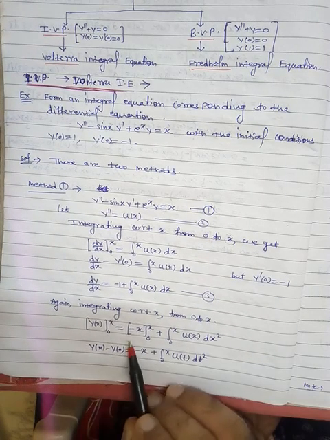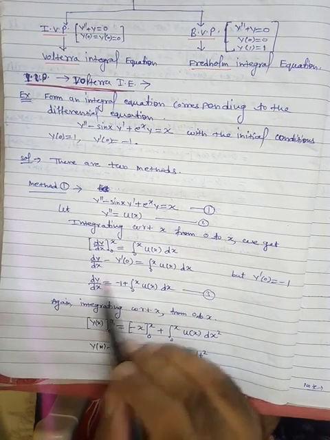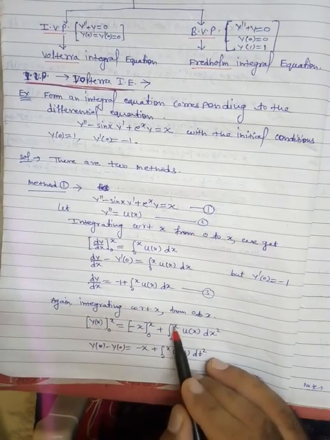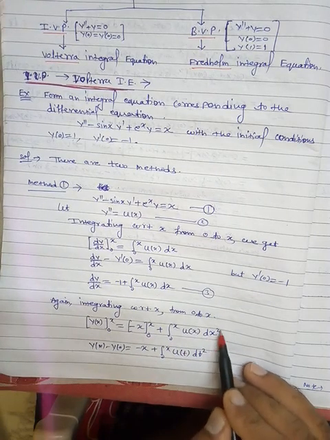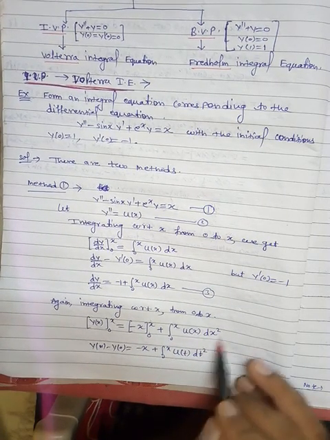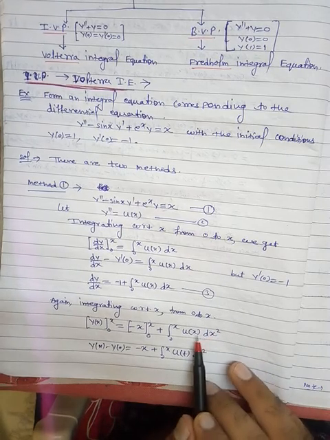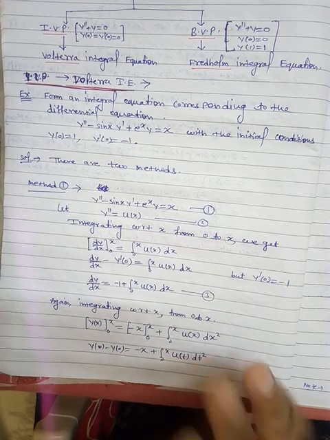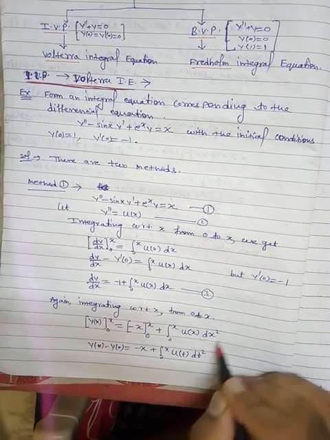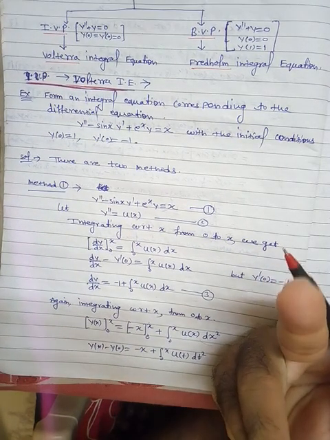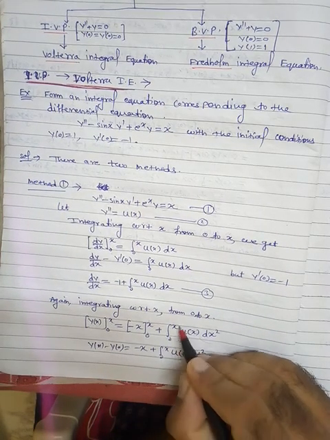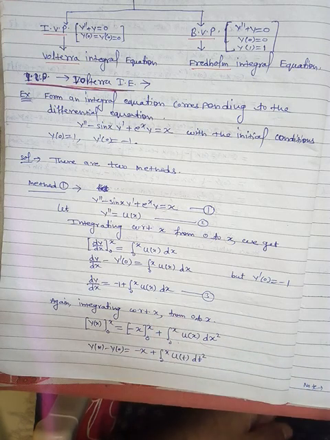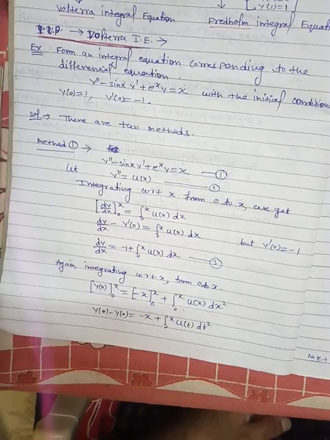So we are getting this. Again when you integrate, we get y(x) from 0 to x is equal to minus 1 becomes minus x from 0 to x, plus the integral 0 to x of u(x), and the second derivative. Here is the second order integral. So here I am not writing 0 to x, 0 to x. The 0 to x with dx squared means we are integrating 2 times. So this is understood that we have 0 to x twice here. So there is no need to write it again and again. Fine. So this is understood.